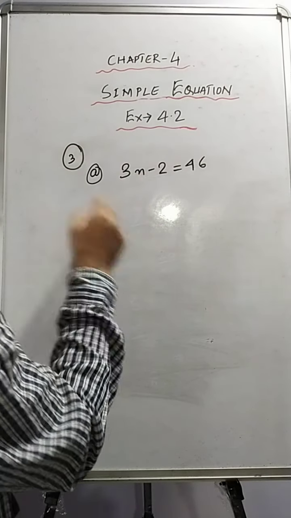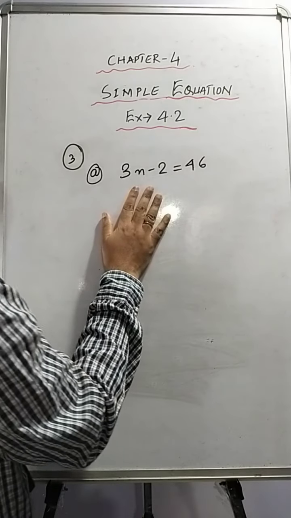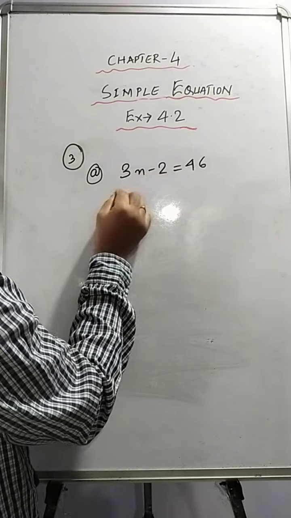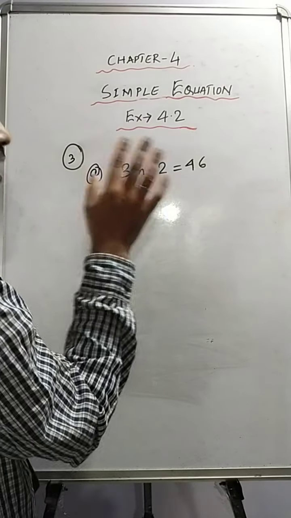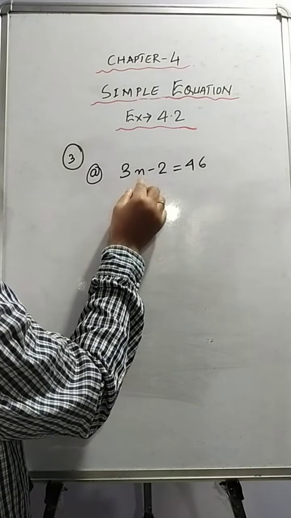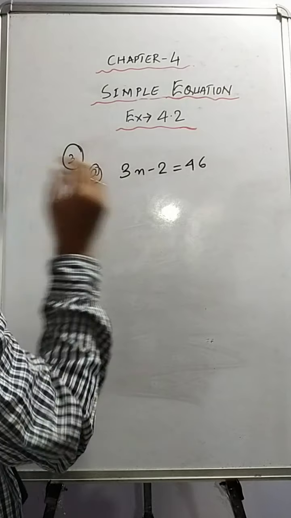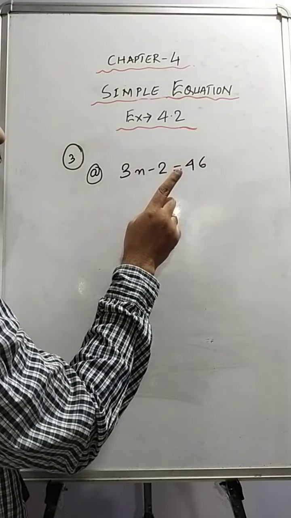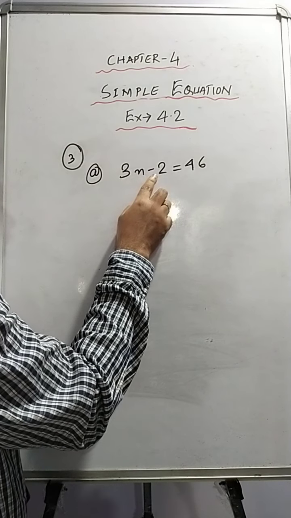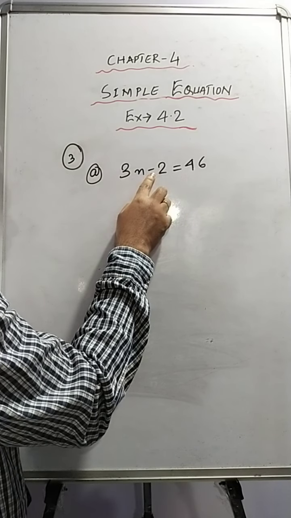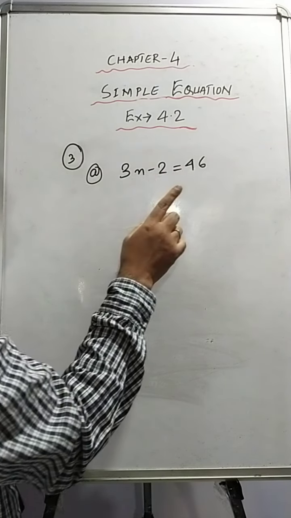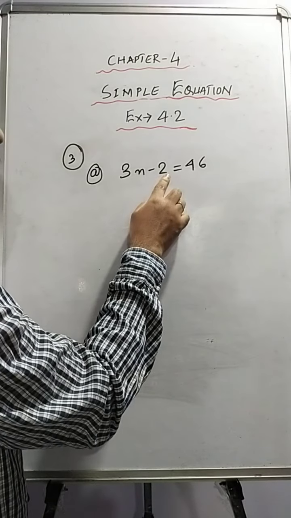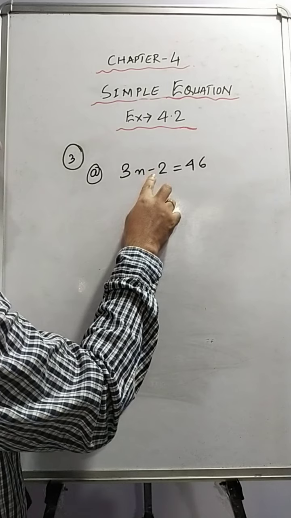Now one thing you should always remember, that when there are two terms, you need to understand which term to remove first. That means suppose we have to remove either 3 or minus 2, because we have to remove both. The first thing that we will remove is the number which carries a minus sign or plus sign. This is the first thing you have to do.